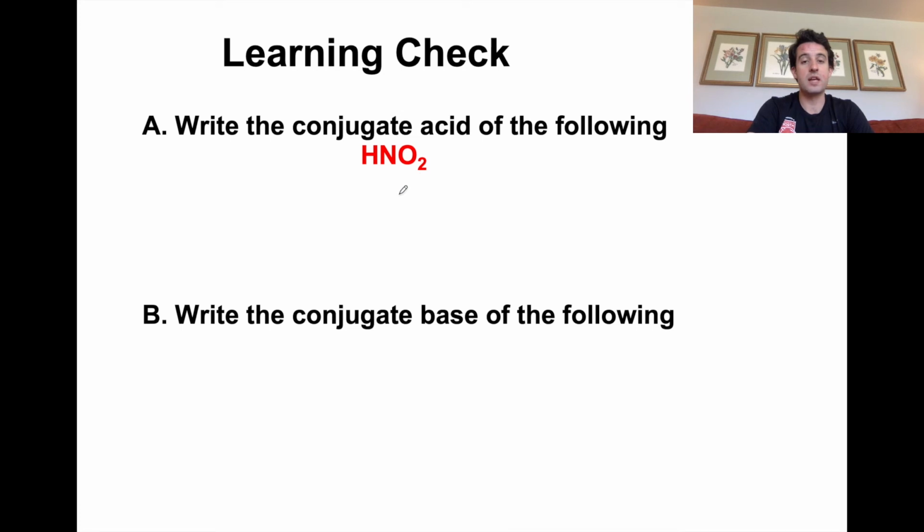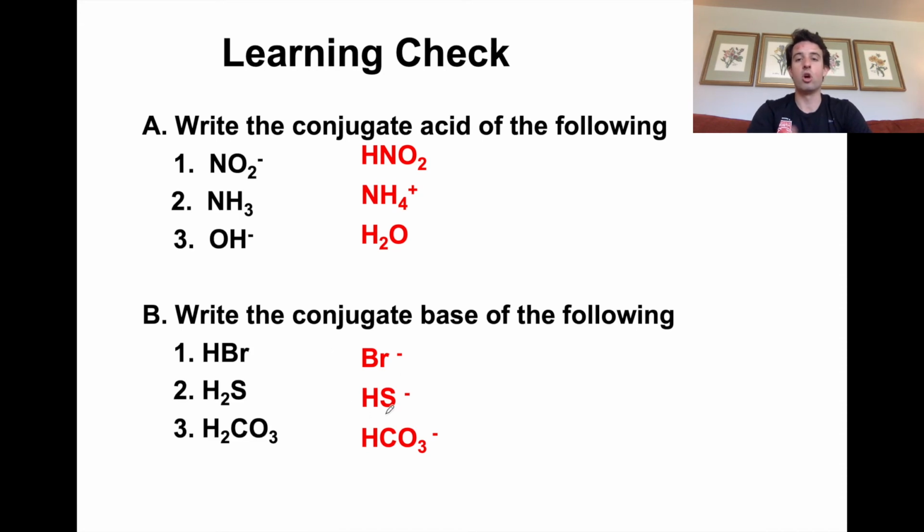NH3 becomes NH4 plus. OH minus becomes H2O. And then for the bases over here, HBr becomes Br minus. So now we're writing conjugate bases, so they have to have fewer H's. H2S becomes HS 1 minus. Remember, when we're talking about conjugate acids and bases, you only gain or lose one H